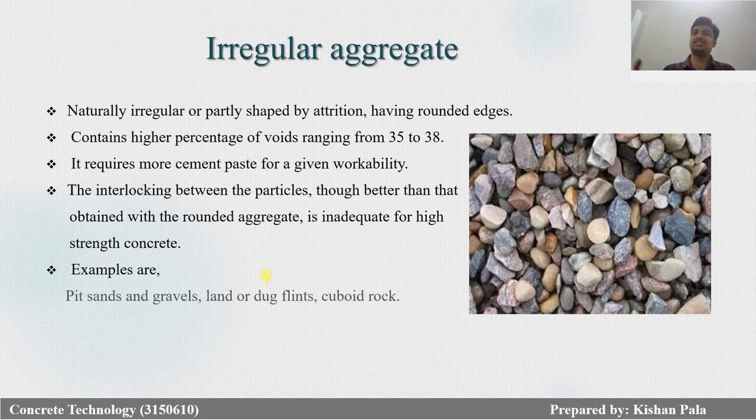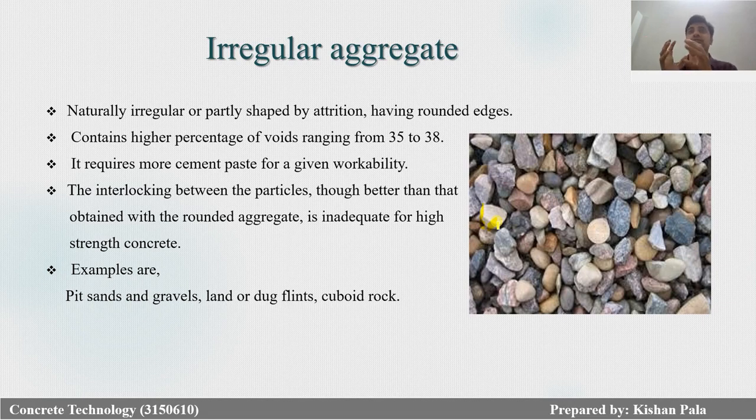Irregular aggregate is naturally or partially shaped by attrition and has a rounded edge. You can see in the photo the rounded edge but irregular shape. It contains a higher percentage of voids, ranging from 35 to 38 percent, and requires more cement paste for workability. You can understand that the irregular shape and high void ratio require more